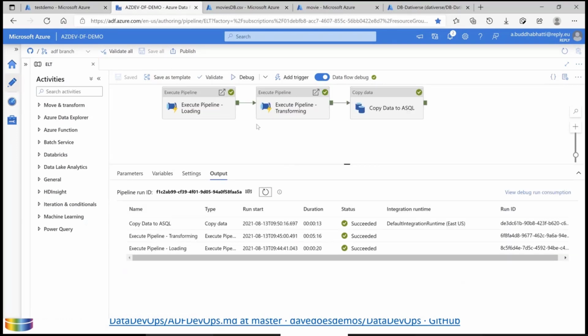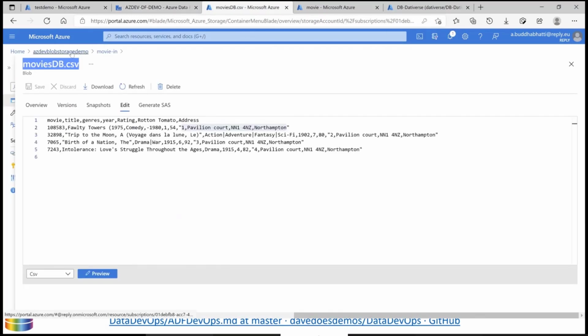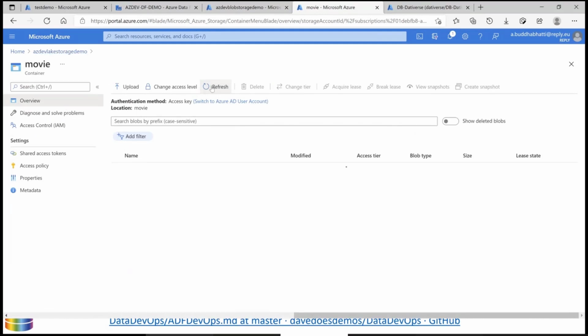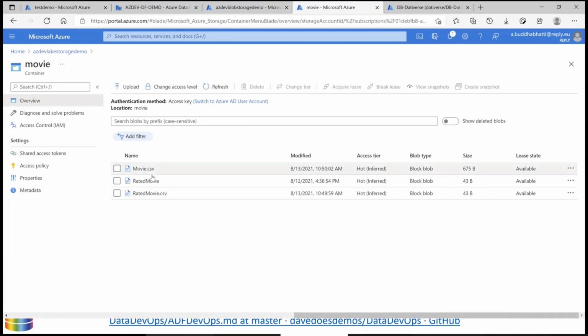It's successfully done everything. So now it copied data from blob storage to Data Lake Gen2, and then it applied transformation, and then it stored data to Azure SQL Server. If you want to see quickly, let's go to, I think, this one. This is my Data Lake Gen2 storage account, and you can refresh it. So my file has moved in here, and you can see the timestamp as well. There are two files here, and this is the latest timestamp.